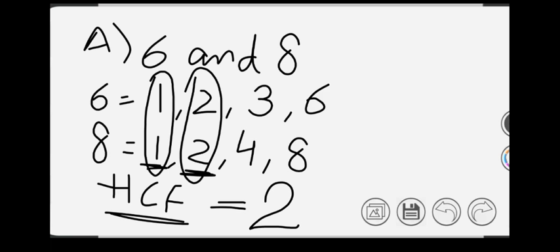Just like this, before we have done least common multiples by listing down the multiples, and in this we just follow the same, but in that we list down the multiples, and in this we list down the factors. You can also see that video in which I have uploaded how we find the LCM for the numbers. Now coming back to another question.